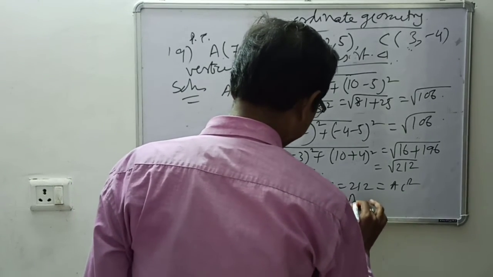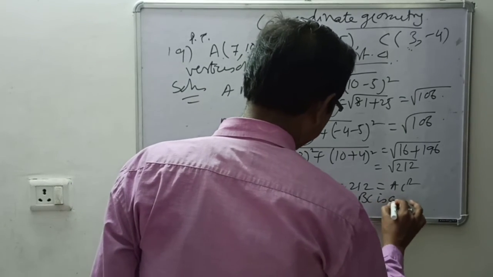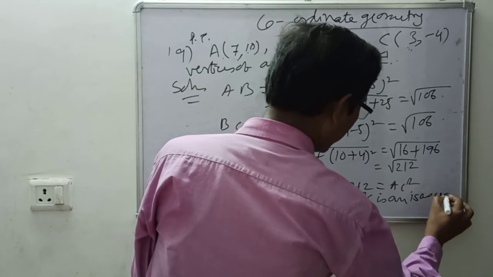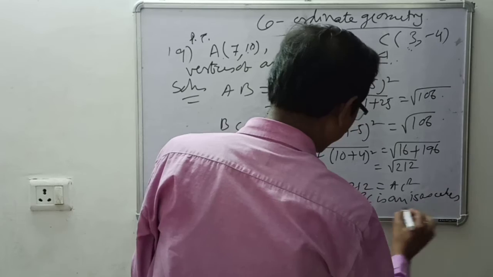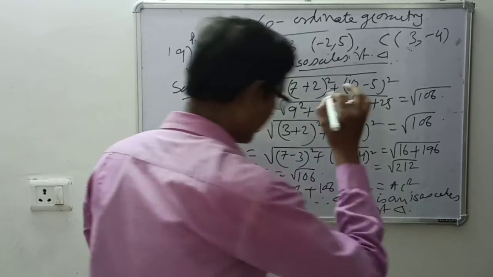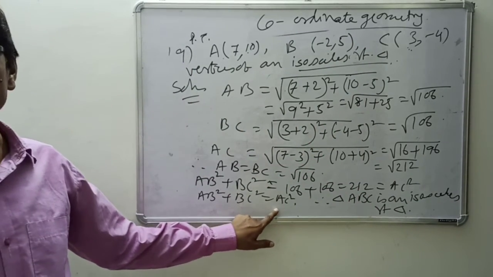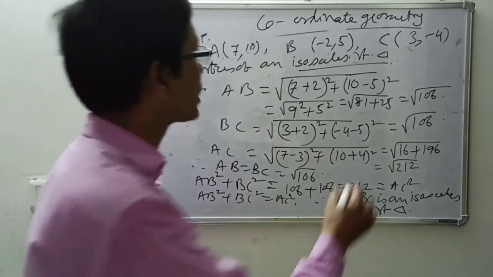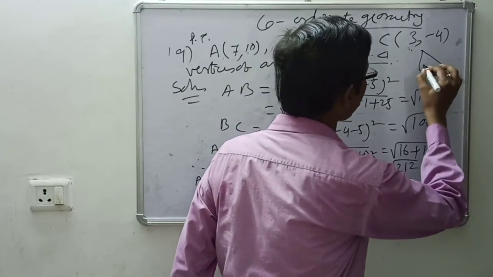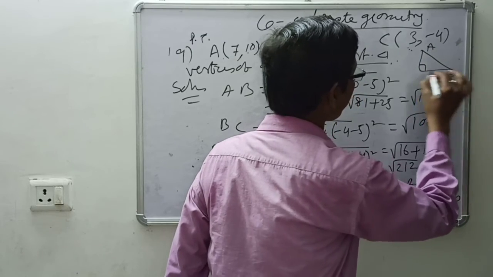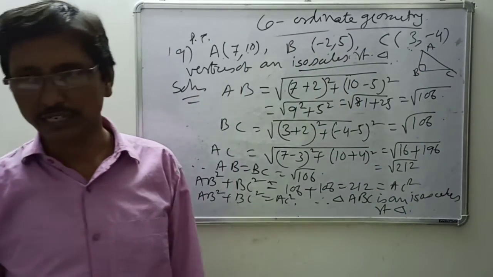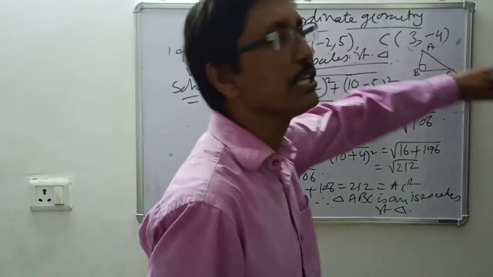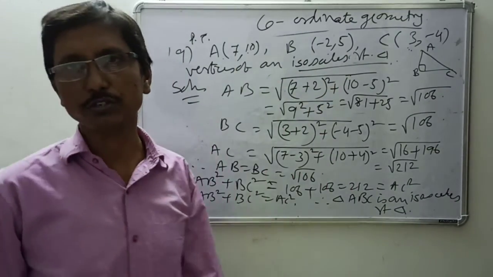Therefore AB square plus BC square equal to AC square. Therefore triangle ABC is an isosceles right triangle, because that is holding right triangle. Right angle at what? AC hypotenuse होगा तो AC यदि hypotenuse हो जाए, if AC is the hypotenuse then it will be the B. Right angle at B हो जाएगा. So if it is asking you also find the area of the triangle, तो half into AB into BC करके you can find out. Okay?